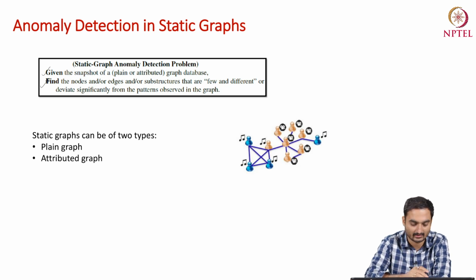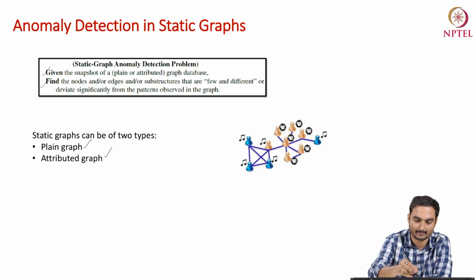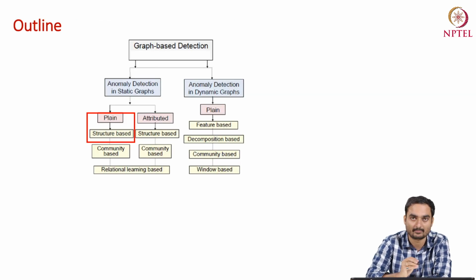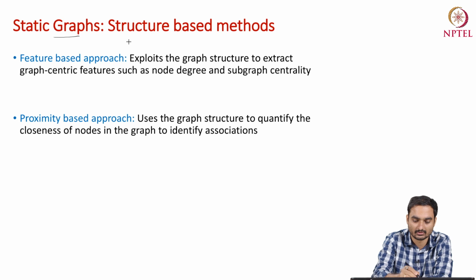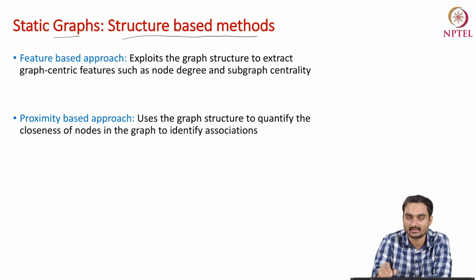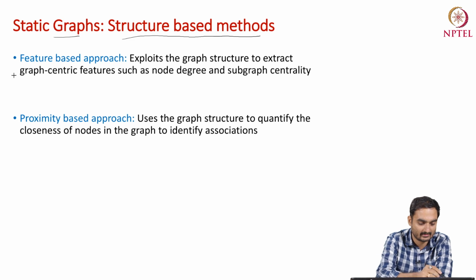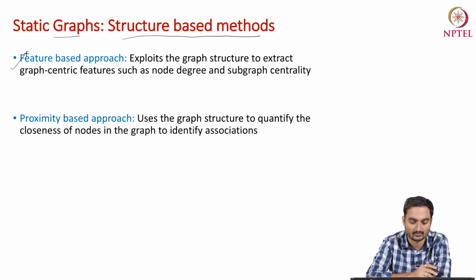In this particular category, we look at plain graphs and attributed graphs. So let us look at the plain graph and the algorithms which extract structural features from the plain graph and detect anomalies. If you look at the static graph and those algorithms which look at structural properties, we will see two kinds of properties that are generally used. One is a simple feature based approach where we extract node centric features and subgraph centric features,